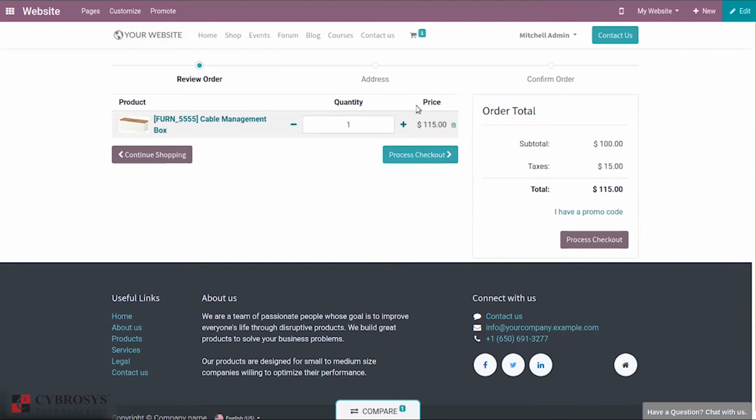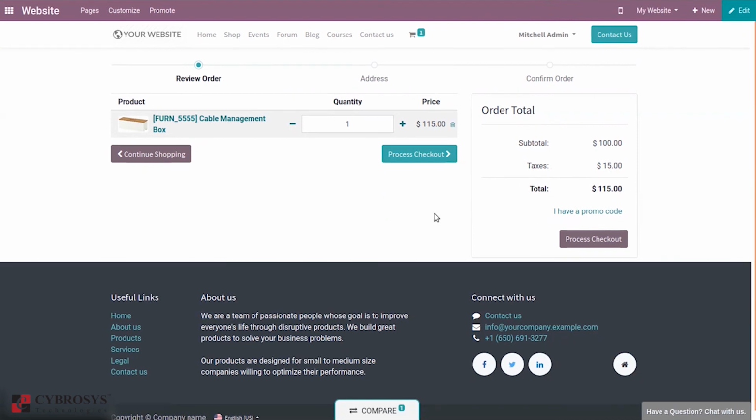So here we can see in the line that the price is updated by adding the tax. This is the same as before, that is, the subtotal is shown as a price and tax is shown separately, and the grand total is shown as the tax amount plus the product price. So this is how we display product price as tax included and excluded in Odoo 14 website.